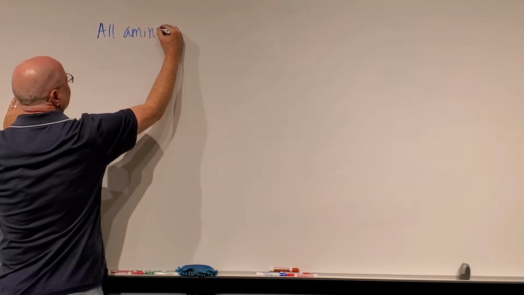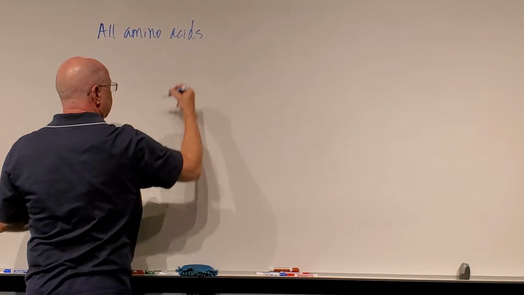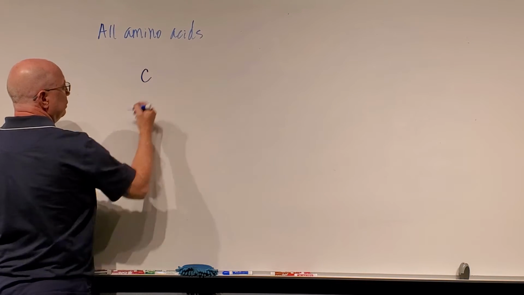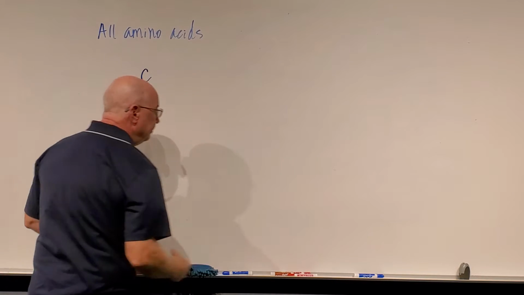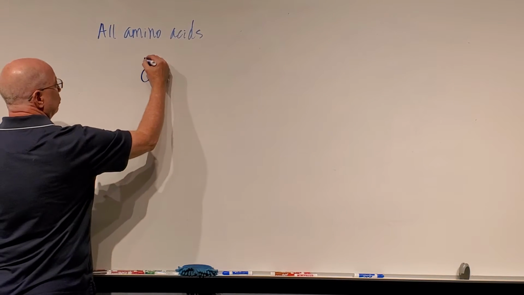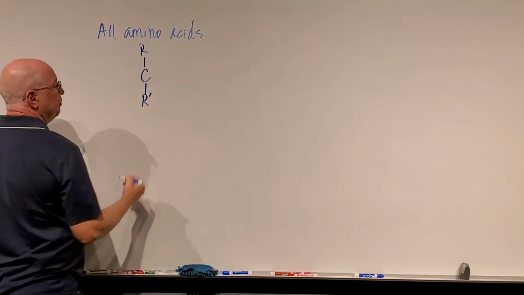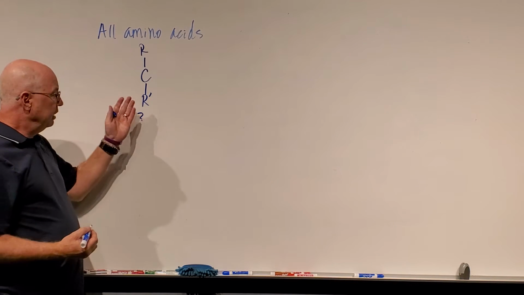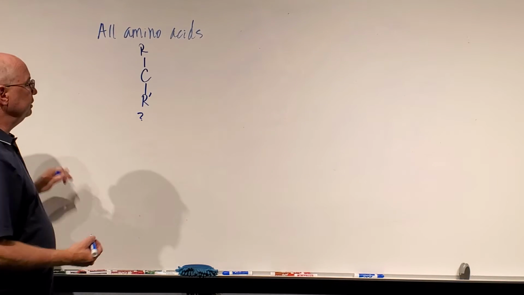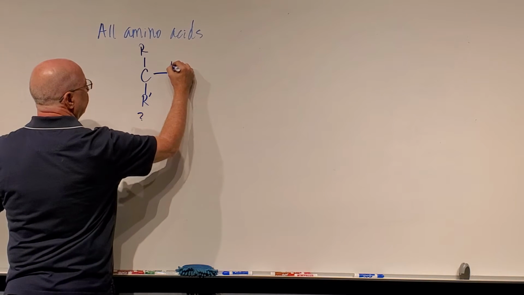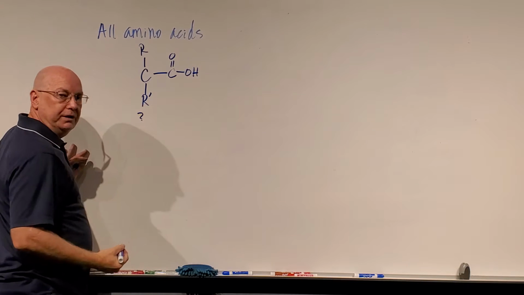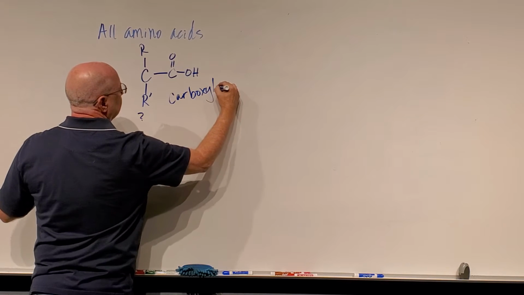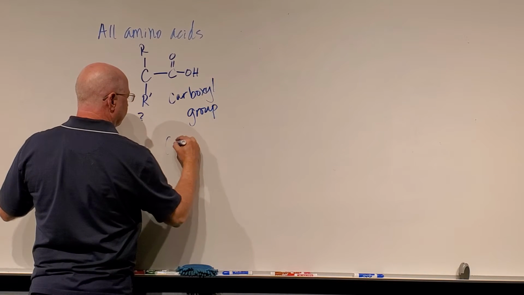So, now, all amino acids have this structure. They have a centrally located carbon atom. And that carbon atom can have up to 4 covalent bonds. 2 of these groups we're going to call the R group and the R prime group. And it doesn't matter which one's R or R prime. And these can be a number of other things: other carbons and hydrogens and oxygens and other things. On one side, I'm going to have another carbon with this grouping. A C double bond O and an OH here is called a carboxyl group, or it's also called carboxylic acid,